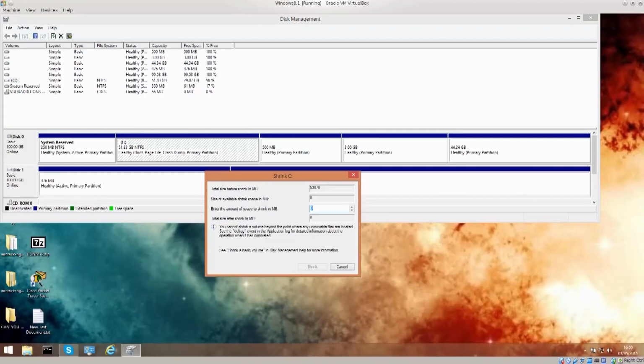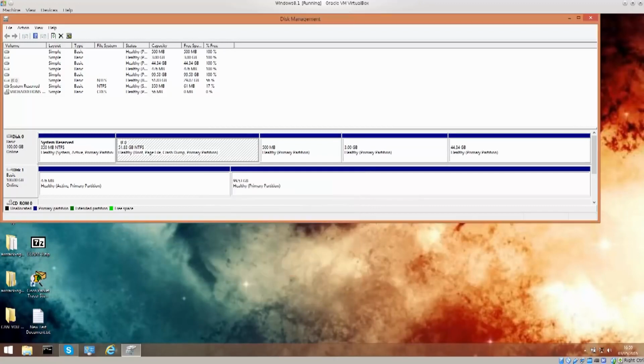And the amount of space to shrink in megabytes you would just put in here. Once that is done, you just read the total size in megabytes after shrink and click shrink. There you go. You can only shrink them from left to right. You cannot shrink them from right to left. So one thing to keep in mind. Anyway, while I was here, I figured I might as well show you that, although not particularly relevant for the course, a bit of extra information is always handy. Anyway, I just want to show you that